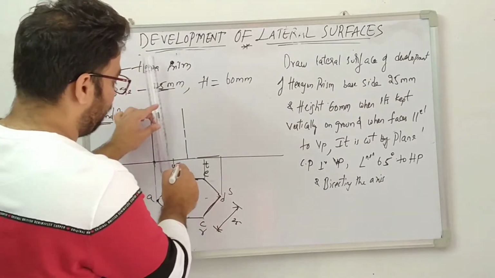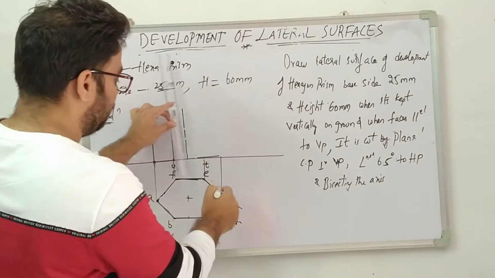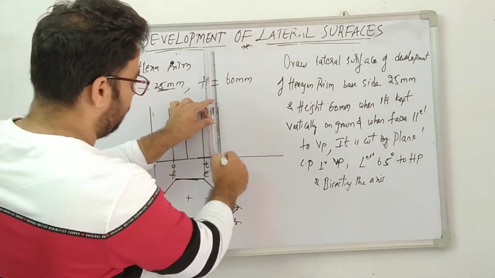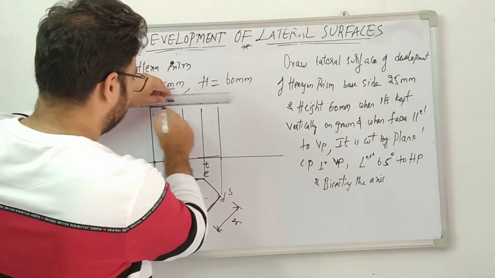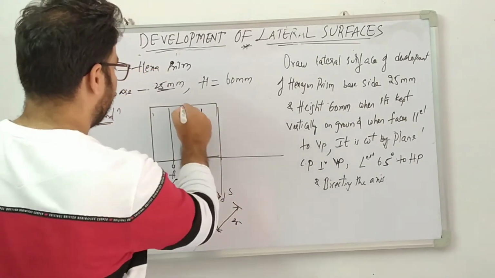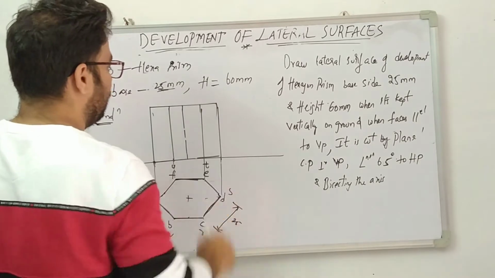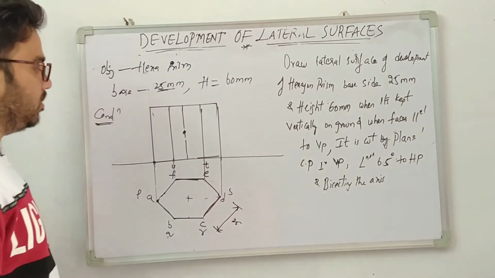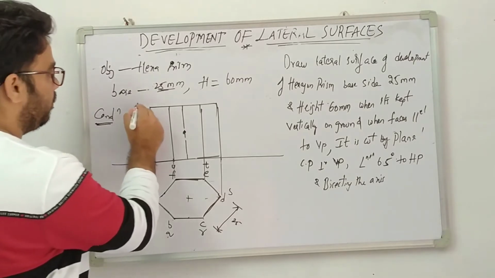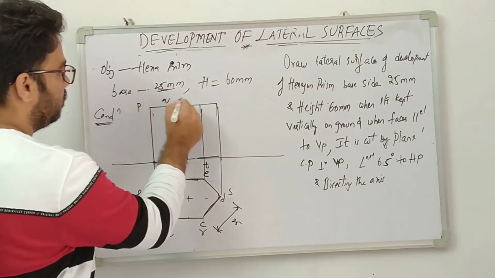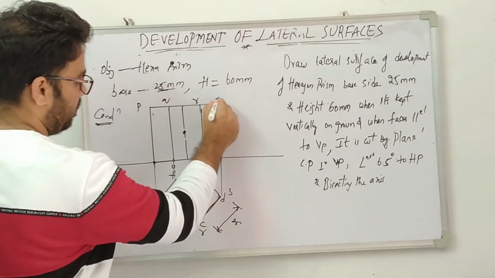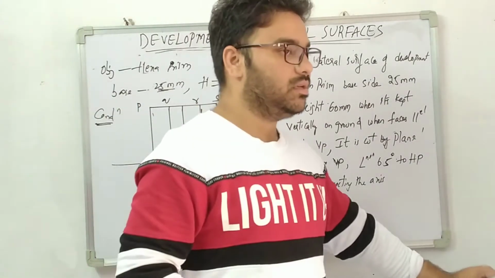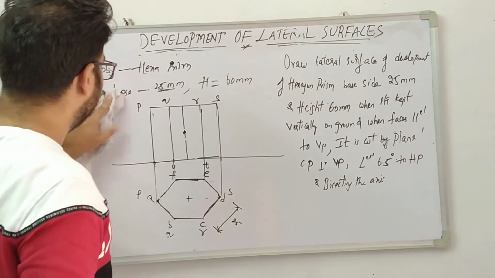Now from point F onwards, draw a 60 mm line. Similarly from E onwards, draw a 60 mm line, and from D onward a 60 mm line, and join them. Now this is my axis. Remember, this is not the longer edge. Give the names P, Q, R, S. I am rubbing this solution data, it is the upside data.